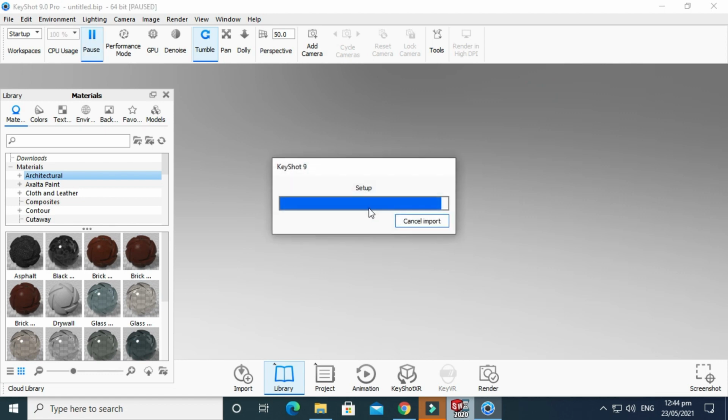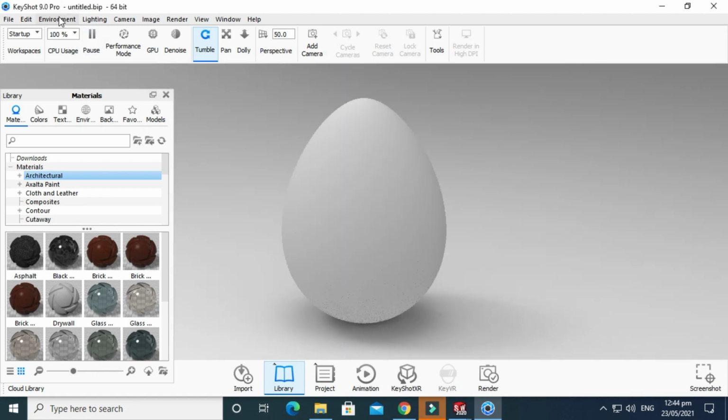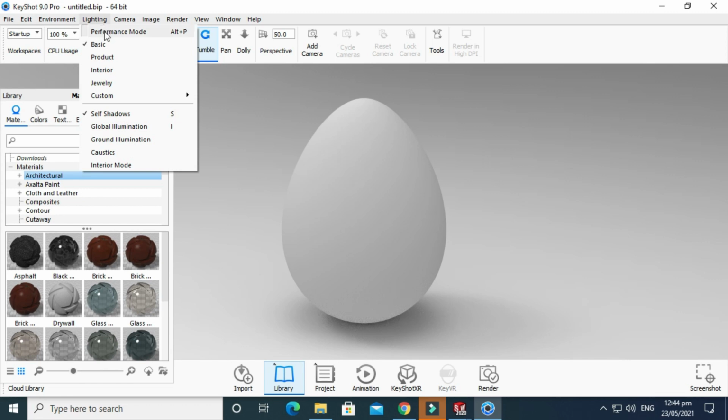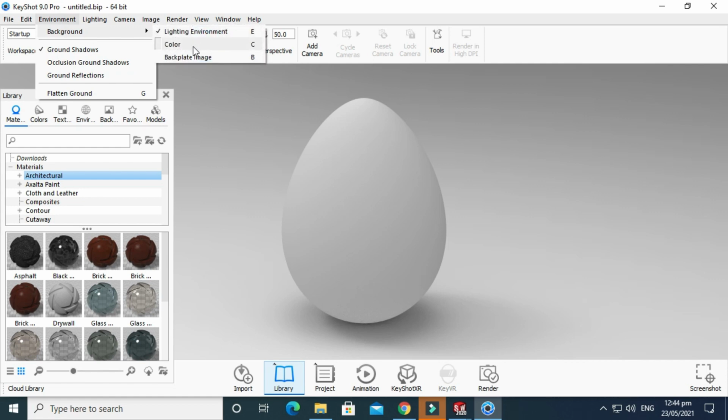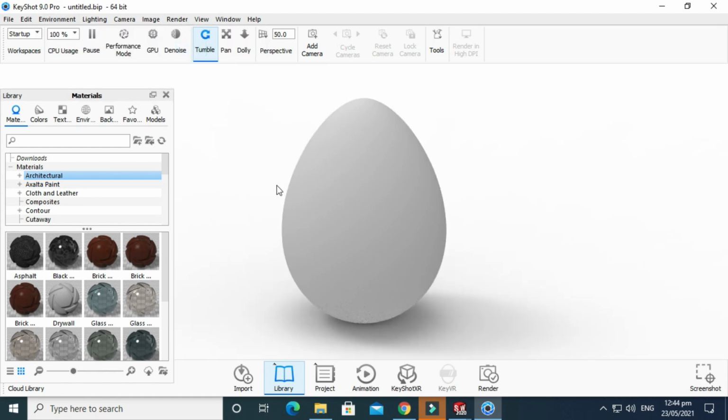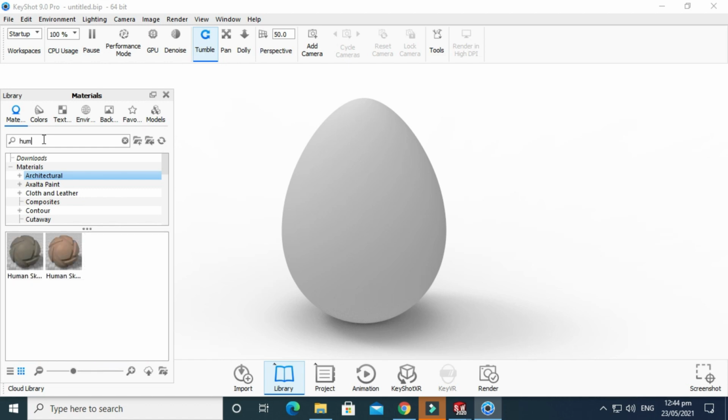So we are in the KeyShot interface, just cancel it, and let's say I'll go to environment, and I'll go to lighting, and in fact go to background, and I'll select a plain white background, right? Let's say I'll go to this appearance or this material, and I select this for my body.